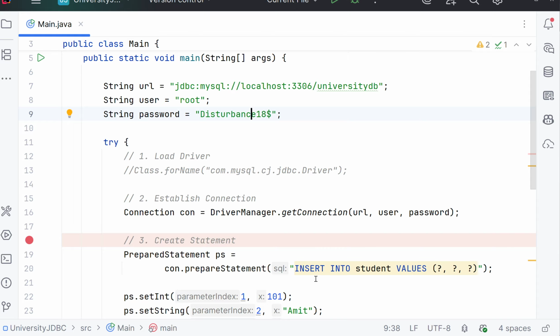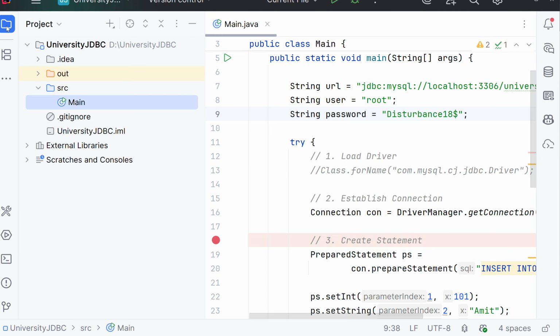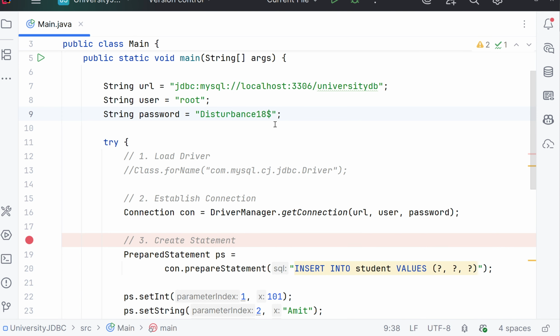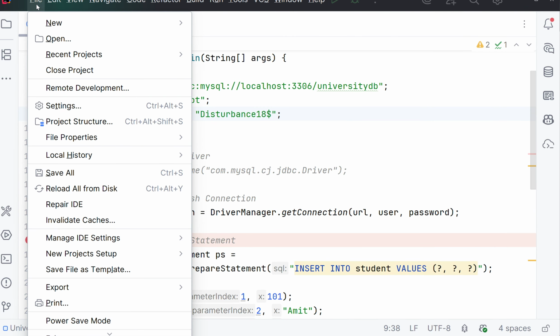As you can see here, first of all we have to create a project named University JDBC, as we are already creating our project. Clear? And then this is the code for establishing the connection between the Java program and the MySQL database. And these 4 lines we have to go to,